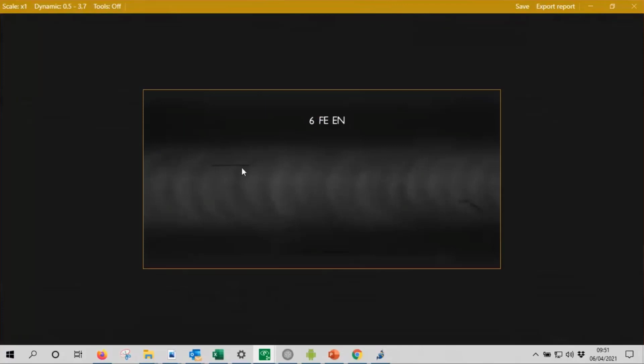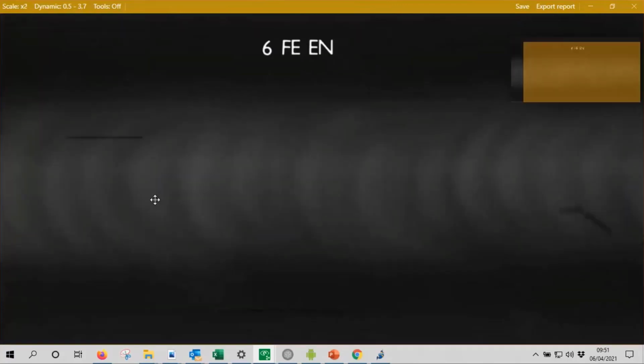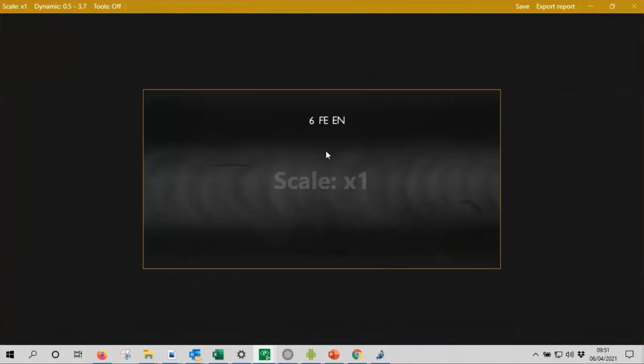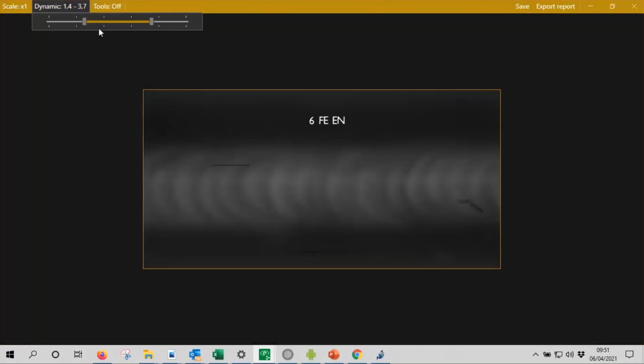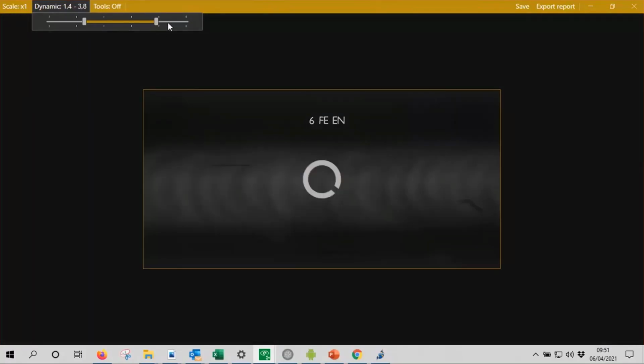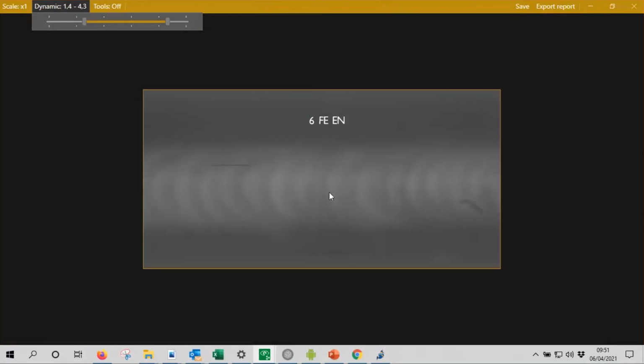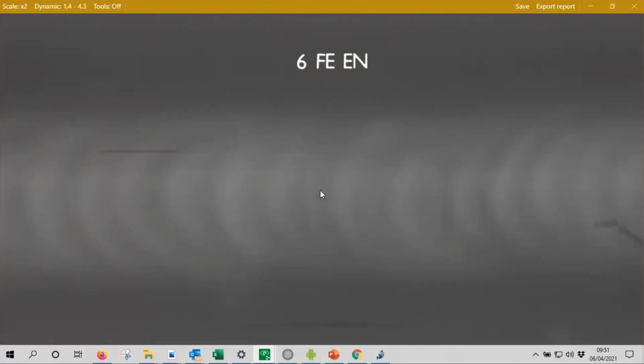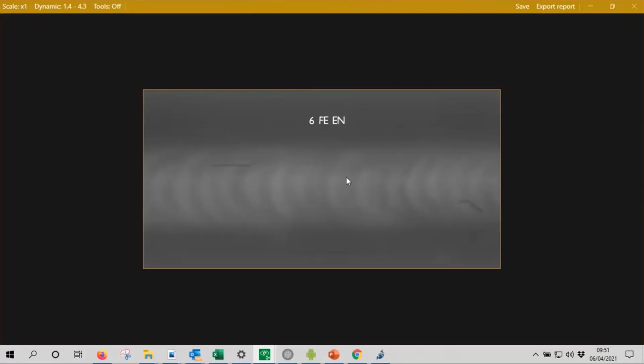So you have here one flaw here, another flaw here, and you can also play a bit with the dynamic to try to see better the result. So here it's the one case with the source inside the component, where you have the weld here with the different flaws, different indications, and the AQI.